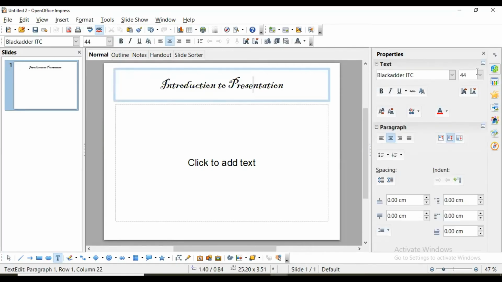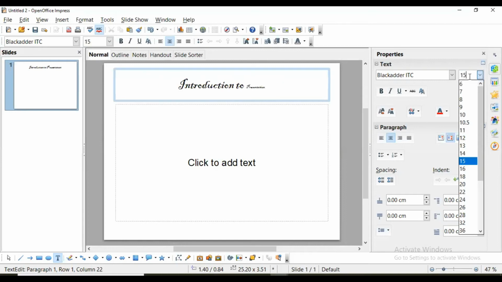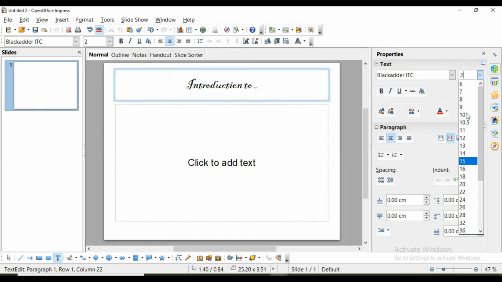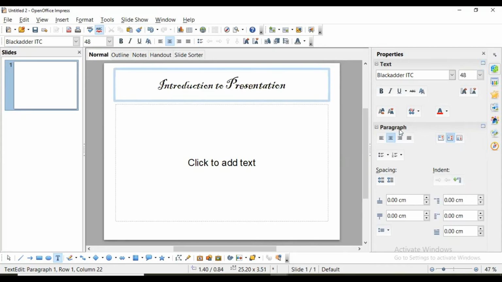Okay, and if you want to increase size of this font at that time, from these many choices you can have, it is 196. That is the maximum here. But if I want to keep it 150, then I have to type here. Okay, it is not like that. We have to select from this menu only. Okay, so if you want a custom size, for example here 20 and 22 is there, so if you want to keep it 21 at that time, type, okay, like this. So now we are going to take it to 48.